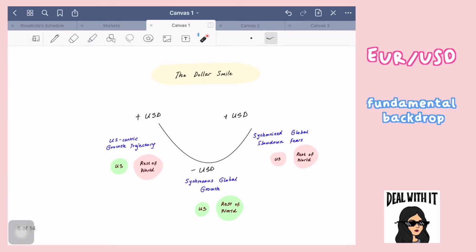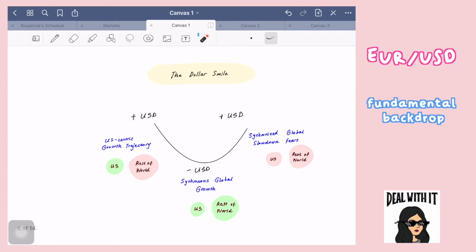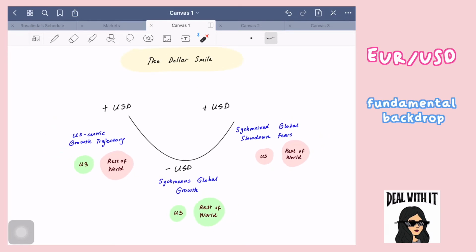Simple example, if you go to the left-hand side here, if the US economy is doing really well compared to the rest of the world, it's pretty expected that the US dollar would appreciate compared to other currencies. So that's pretty much understood. If you go to the bottom part over here, when the whole world is growing, so the US is growing, the rest of the world is growing, and this becomes an environment of synchronous global growth, then what happens is that the US dollar actually declines,